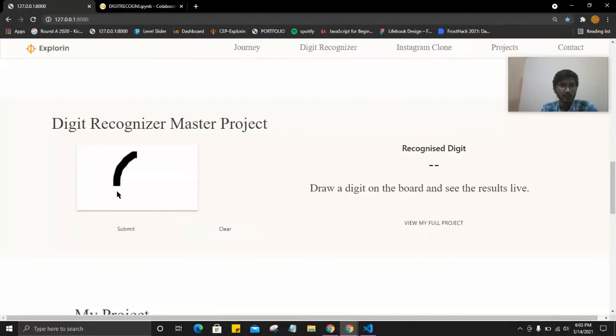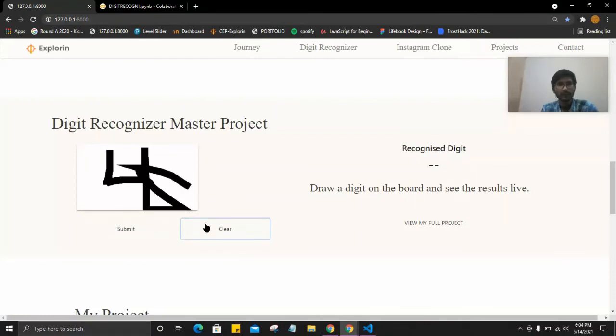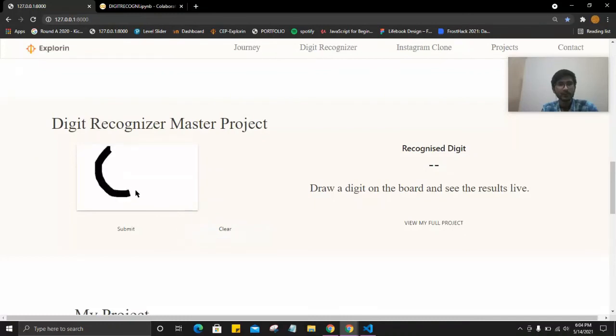It looks nice to work with this. I am drawing 6. It is showing 6. Sometimes it shows a wrong digit also, like yeah, it is showing 7. Most of the time it is working, some of the time it is not working. And yes, no machine can work 100% efficiently. Okay, 4. Sorry. So this is the canvas.